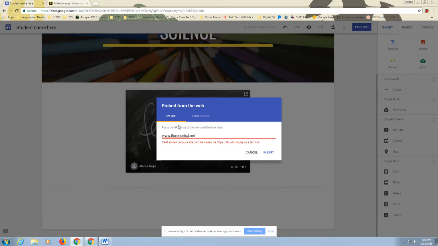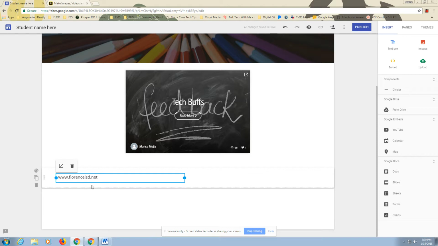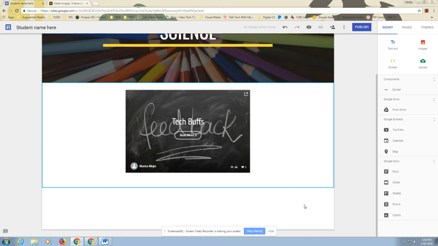So it's telling me that this is just a website. It's not an actual embedding of coding code. So that would be like if I just listed a site there. And I don't really want to do that. So I'm going to trash it. Okay. Now,